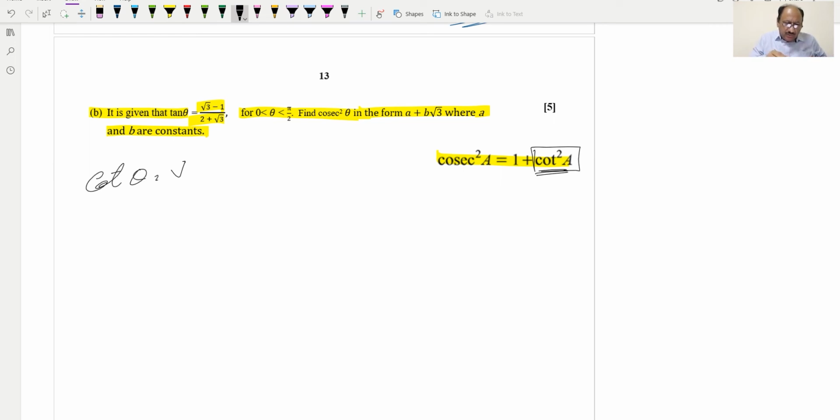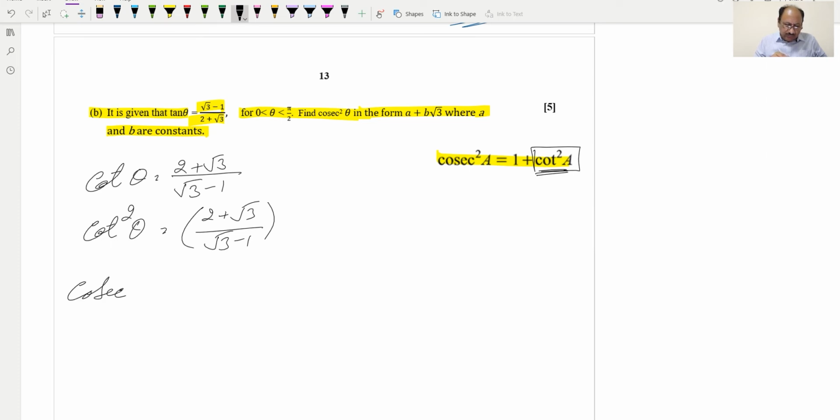We can write the lower part, the denominator, first. So this is the reciprocal which we are writing. This one is cotangent theta, and now we are looking for cotangent square theta. Cotangent square theta will be equal to the square of this one, and then we will write cosecant theta. Cosecant theta will be equal to 1 plus cotangent theta, and that will be 2 plus root 3